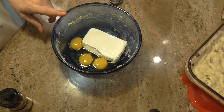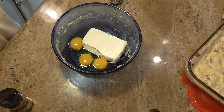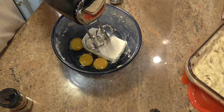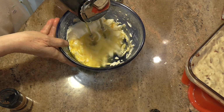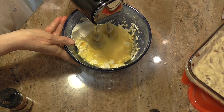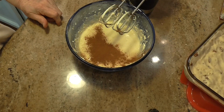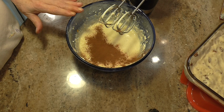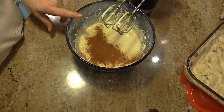This is an 8-ounce brick of softened cream cheese and 3 eggs. And we're going to beat these until they're well combined. When I get to that point, I'll bring you back. Alright, now that I've gotten the 8-ounce block of cream cheese and 3 eggs mixed up real well, I added